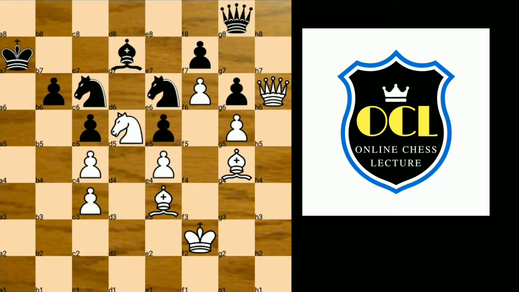Carlsen simply supported this c5 pawn with the b pawn. Knight c7. Now this is a cunning move. If knight takes on c7, then